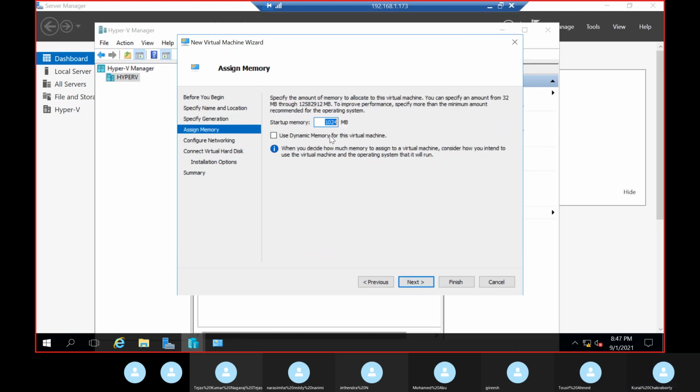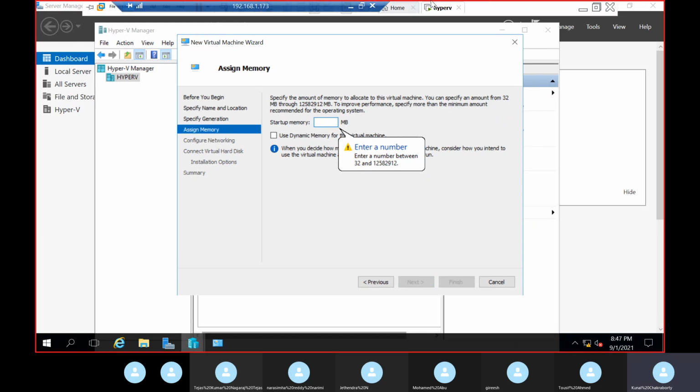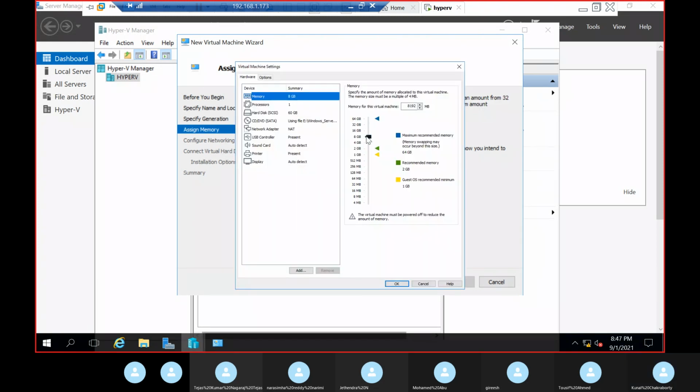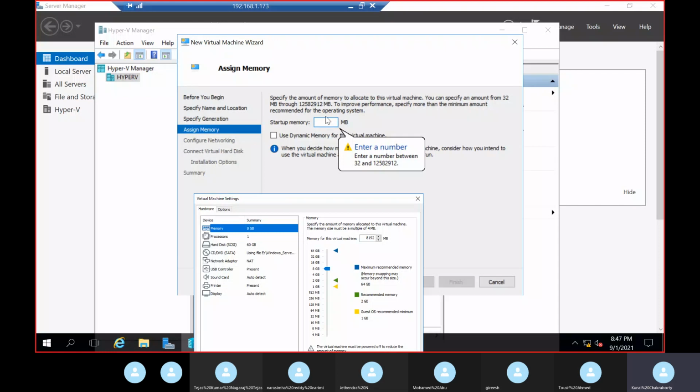Next, assign how much memory you want to give. Now one thing is there. If I show you my VM's RAM, it's 8 GB, correct? When you are going to create it, obviously you are going to give 2 GB, correct? Give 4 GB to your RAM. Why? Because when I assign it here, I will assign it from my VM. In my VM I have 8 GB. From 8 GB I have to assign how much memory it will take.